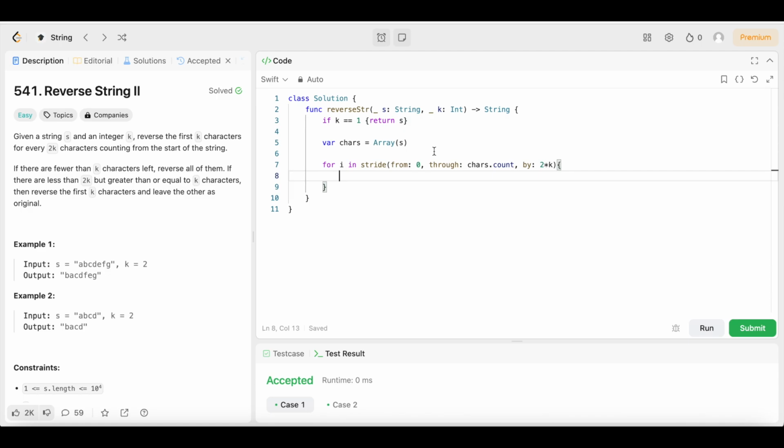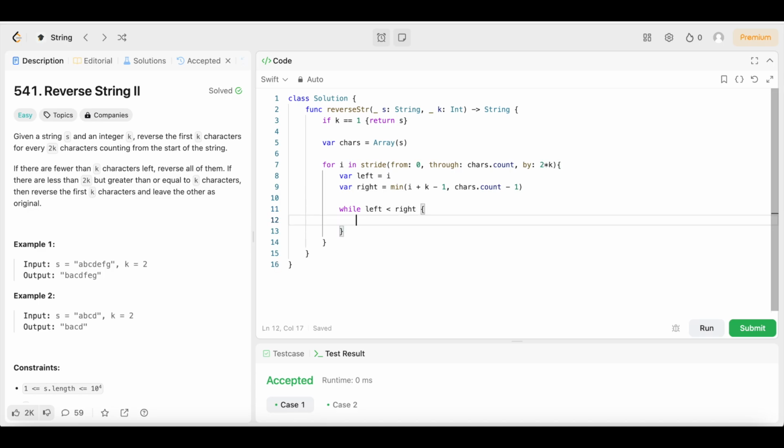This is going to help us to do that. Then we're going to say var left equals i, and var right equals min of i plus K minus 1, comma, chars.count minus 1. So right is going to equal whichever one is smaller, i plus K minus 1 or chars.count minus 1. Then we're going to say while left is less than right,